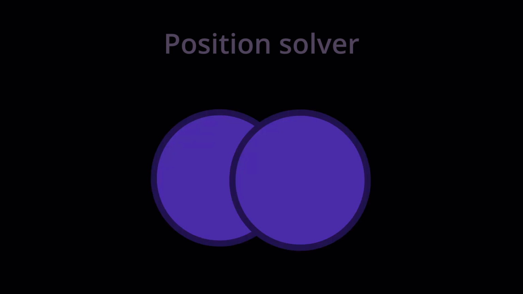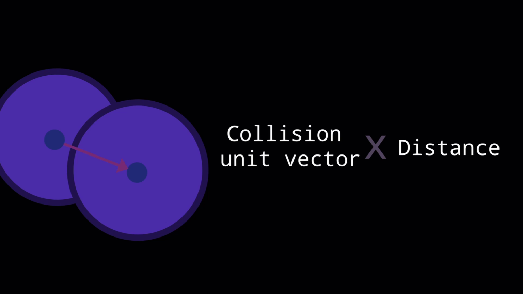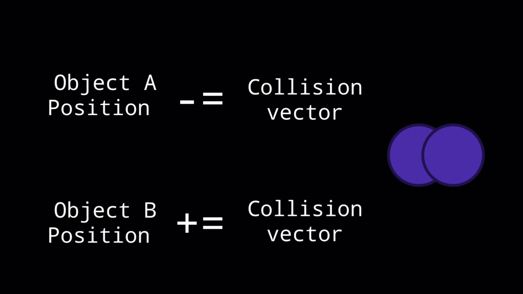First, we need to make sure the objects' colliders aren't actively colliding by the next step iteration, in this example meaning that the 2 circle colliders aren't overlapping in any way. We first get the vector between the 2 objects' positions. This is found by multiplying the direction of the collision vector by the distance between the 2 objects we found earlier. We then take that vector from the position vector of the first object and add the same vector to the position vector of the second object. Now the circles aren't overlapping.